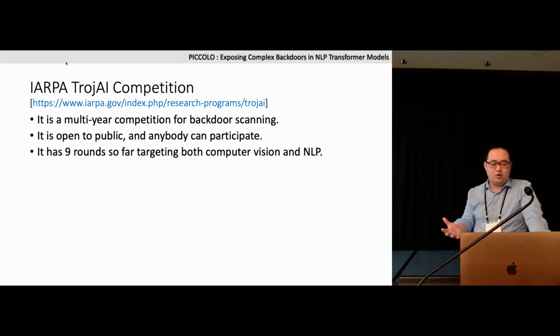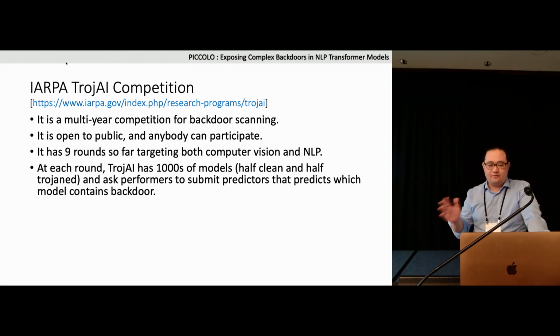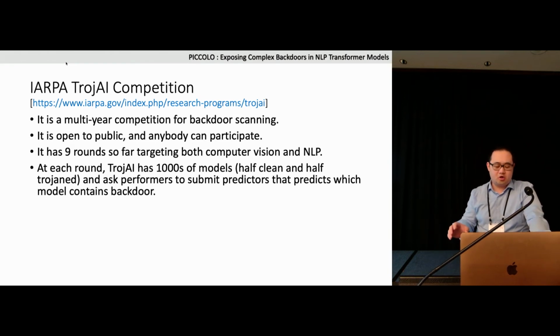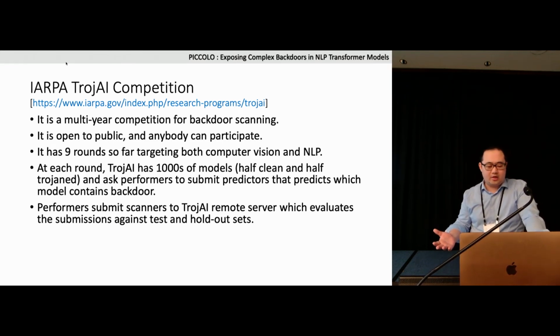It has 9 rounds so far, targeting both computer vision and NLP. At each round, TrojAI has thousands of models, half clean and half poisoned, and they ask the performers to submit their predictors that predict which model contains a backdoor. Performers need to submit their scanners to the TrojAI remote server, which runs the evaluation against the test and